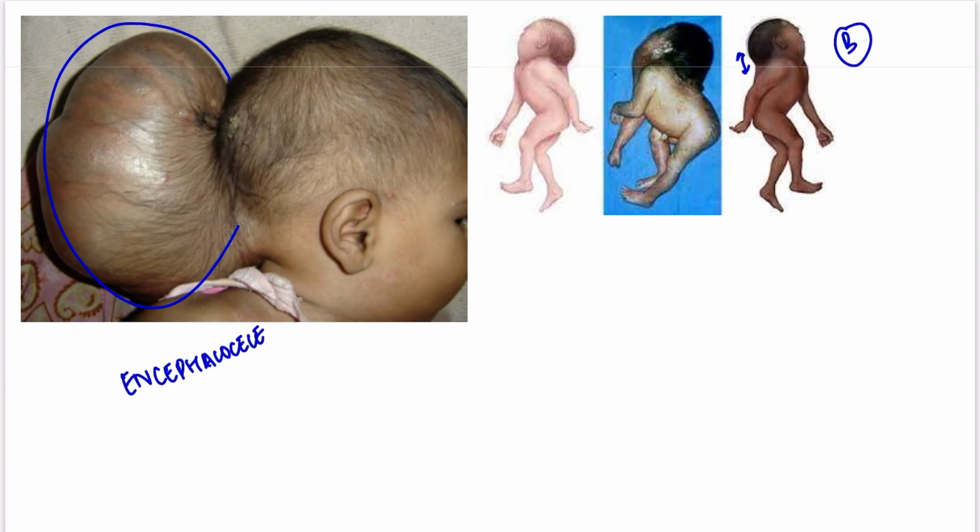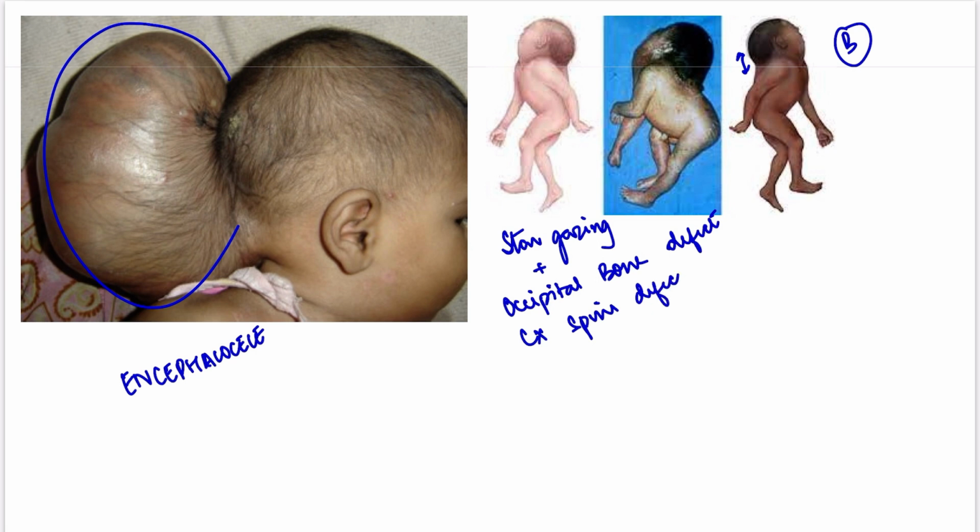In anencephaly, you see the star-gazing posture. Along with that, there is occipital bone defect and cervical spine defect. This is anencephaly. Right? So with that, we are done with the neural tube defects, both caudal as well as cranial neural tube